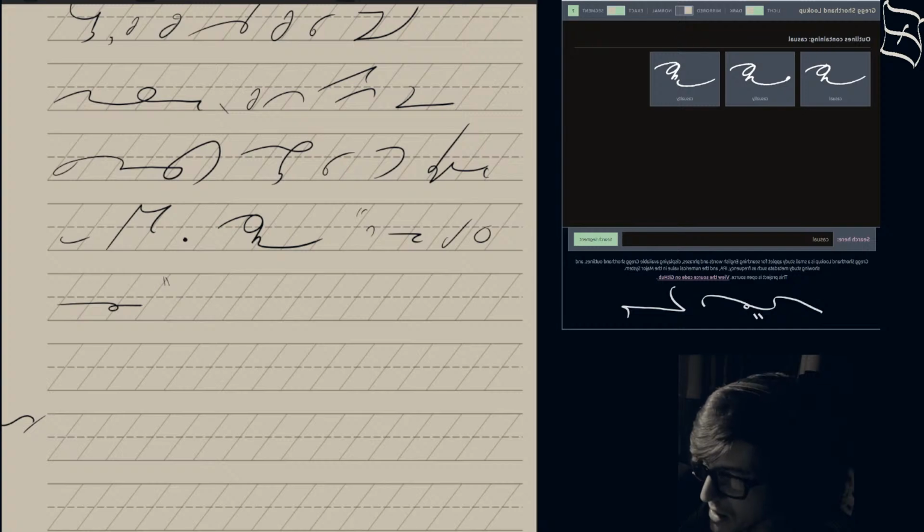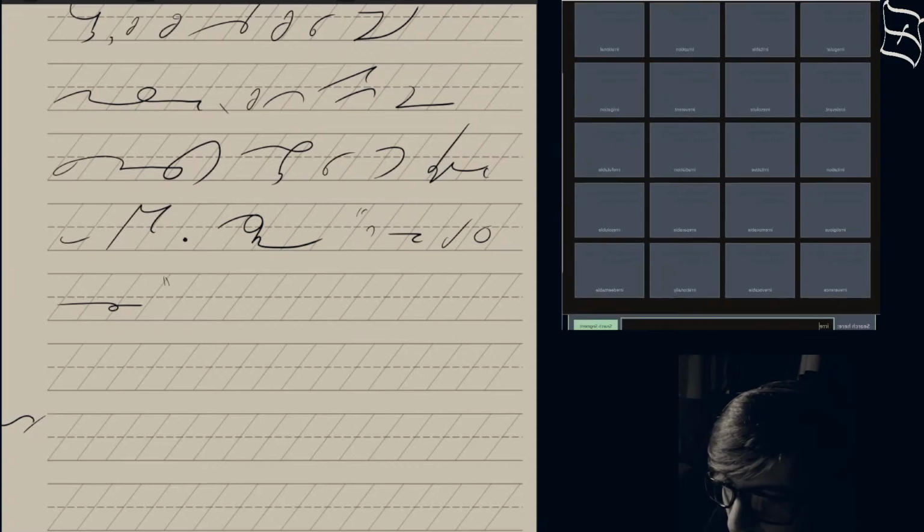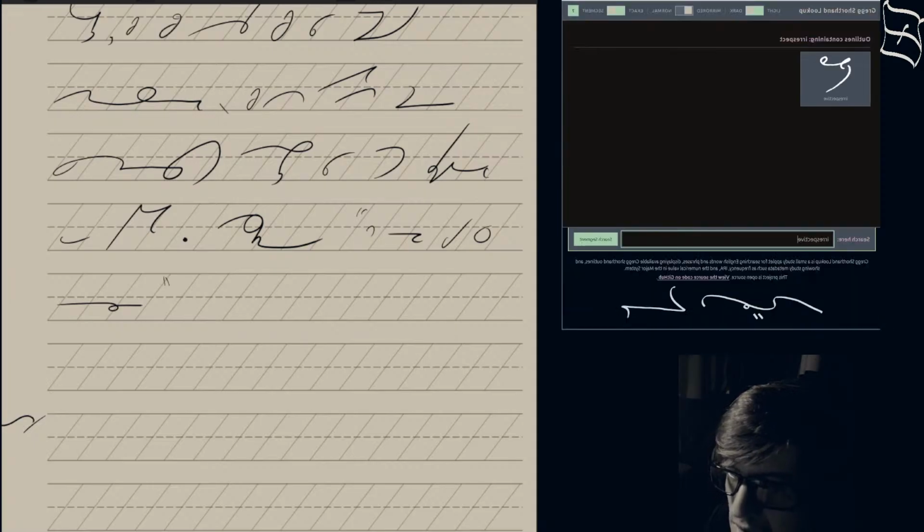And then it's irrespective of whether we know what we meant. Another cute one. Irrespective. So let's grab that. Let's try irrespective. There we go.